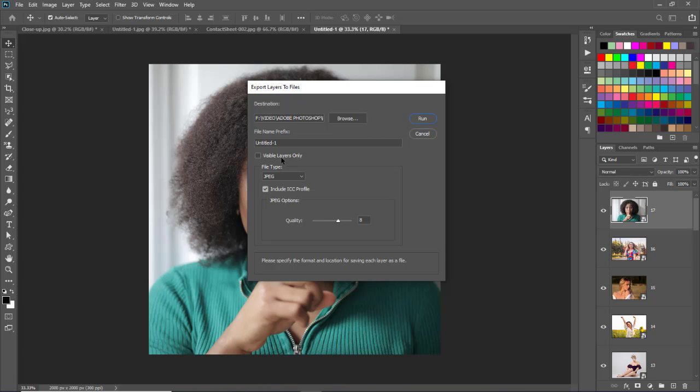The Visible layers only option should be unticked. Select the file type JPEG and click on Run.